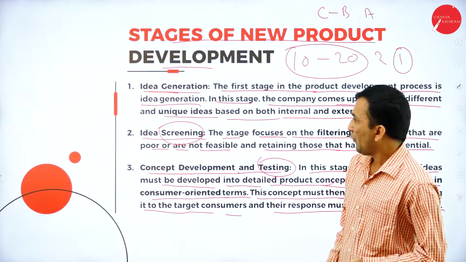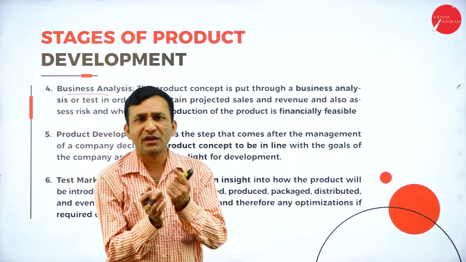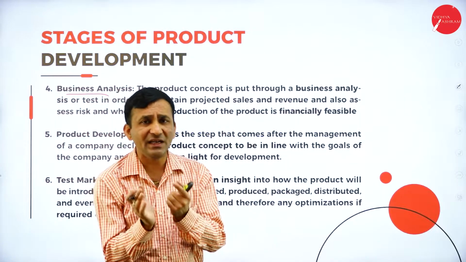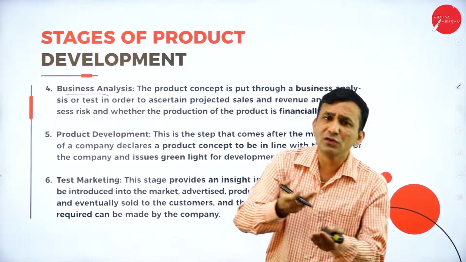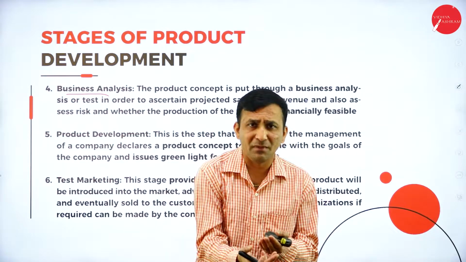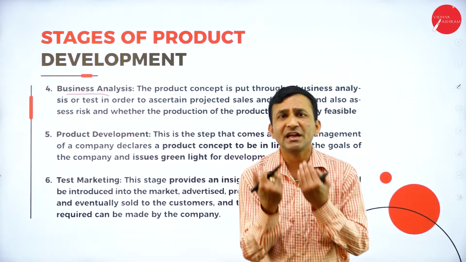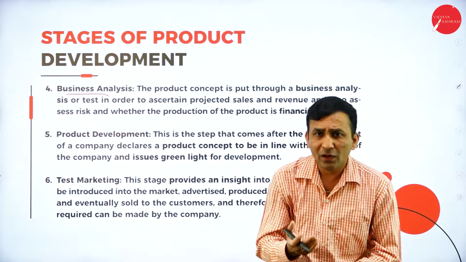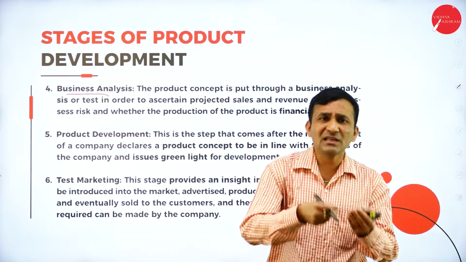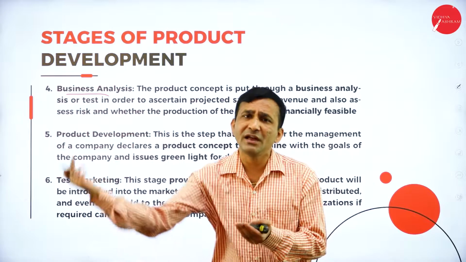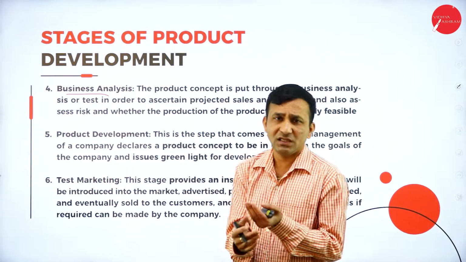Okay, now the fourth stage, business analysis. If I select one specific product out of the 20 ideas, I just want to analyze this product. If I try to implement or produce it in mass quantity, what cost of production is required, how much demand can I expect from the market, is it viable, and is it ready for implementation? If I select this product, am I able to get the raw material? Everything I just want to analyze in the business.